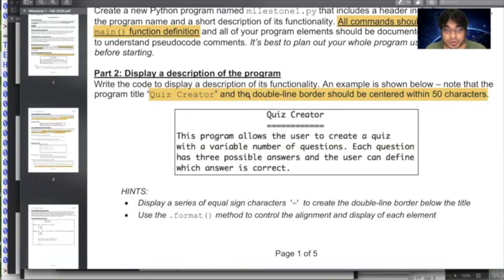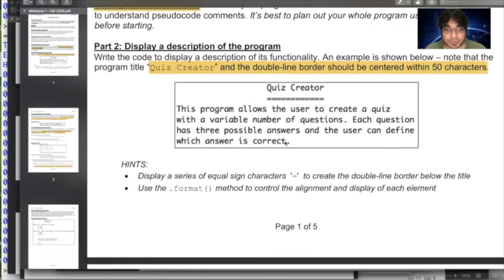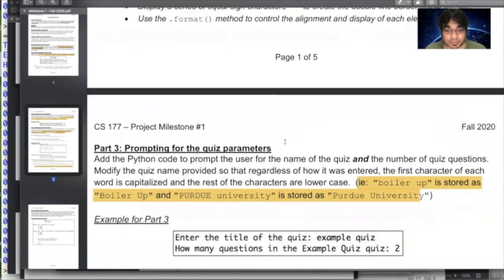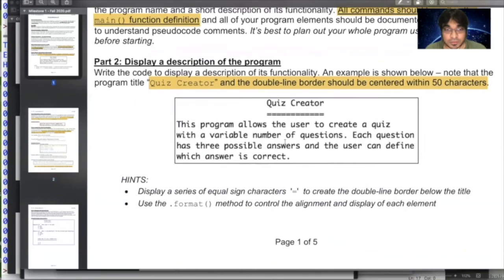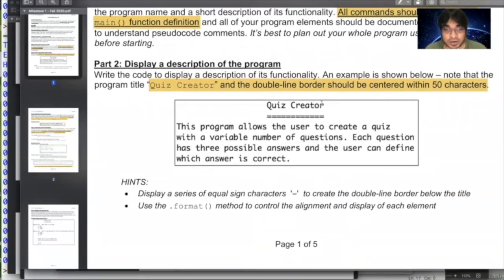So it should say the text quiz creator at the top, which should be center aligned, and there should be a double line border that should be centered within 50 characters. So it should look exactly like this.